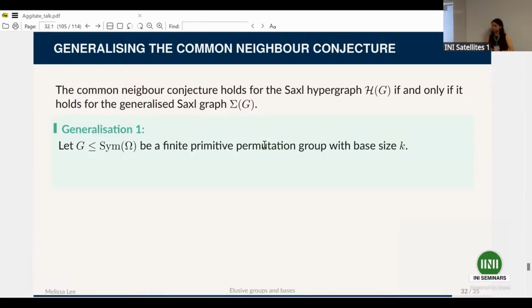So we settled on 2 generalizations. So the first generalization is as follows. You take your primitive group, it's got base size K. Now what you could say is that